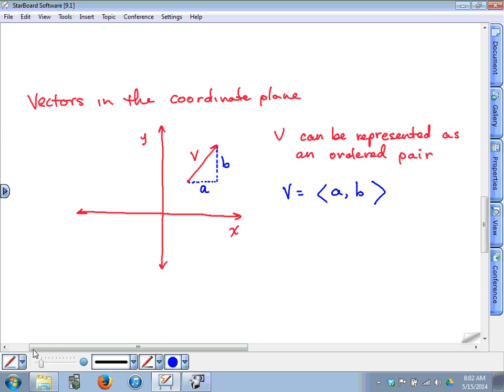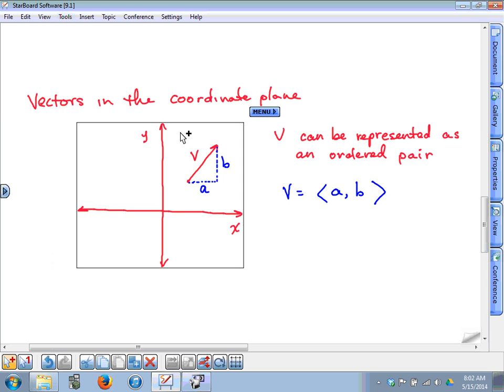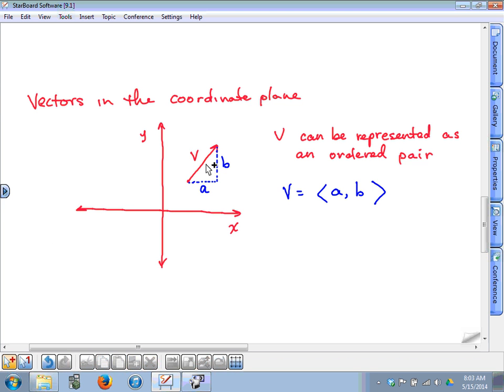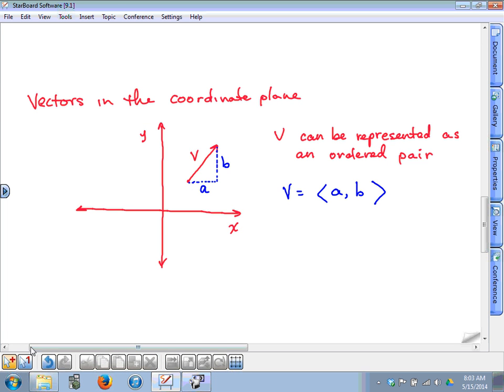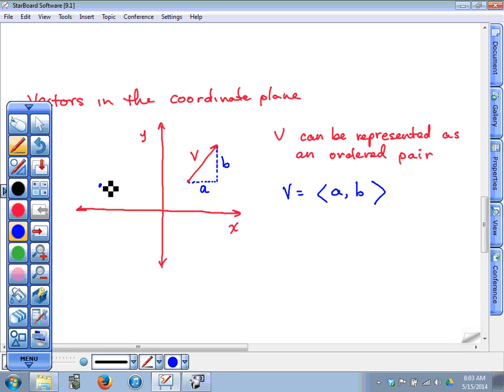Now the tricky thing is, it's not real tricky, there's an easy way to get around this. Just look up here for a second, don't try to draw this on your paper. What if I drew vector here, like that? Would it have the same vertical and horizontal component? Same vertical, horizontal. What if I drew it down here like this? Same vertical, same horizontal. So rather than thinking there's an infinite possibility of vectors around the plane,